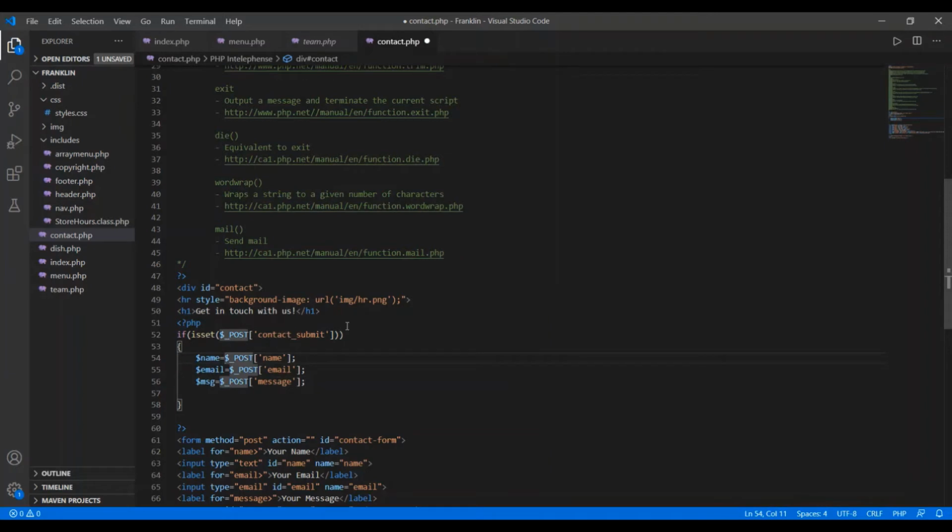So in order to use that, I'm writing here trim, then here we start with this trim, and here we go, close the trim. Same way here with this trim, and here we start its bracket, and here we go, close. And message may contain white spaces, so we need not use it for the message, but in case of name and email I just wanted to trim the white spaces, so that's why I'm using it.